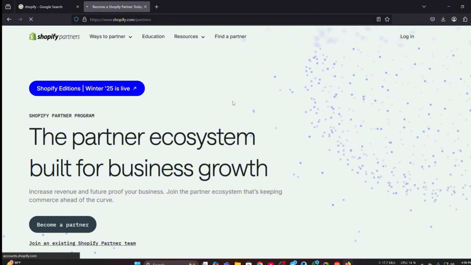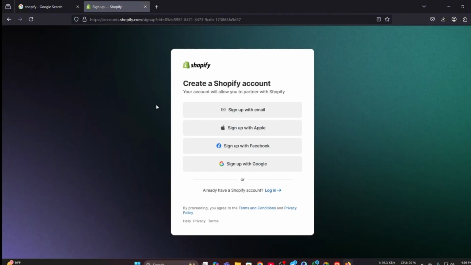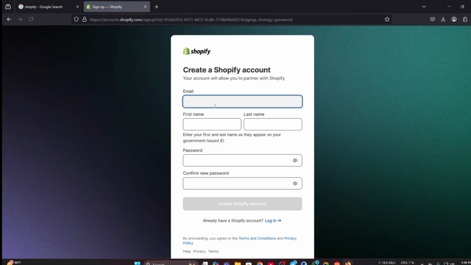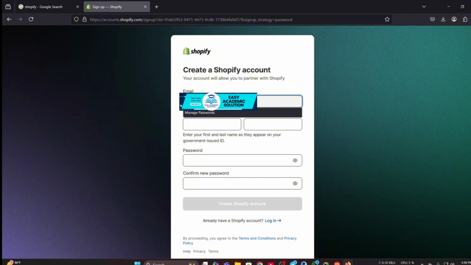So just click it, and after that you may sign in with Google or sign in with email. We are signing in with email. Here we have to put our email address. We are putting our email address, and we are hiding it for security purposes. So after putting this email address,